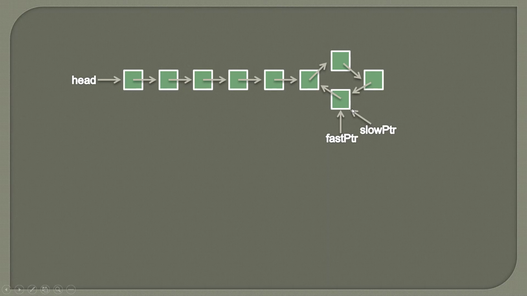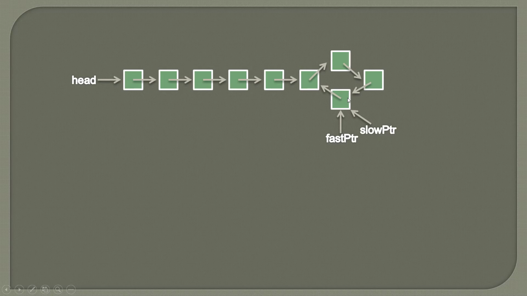There could be a possibility that, based on the number of nodes and the size of the loop, before meeting the slow pointer, the fast pointer must have completed the cycle X number of times, and similarly the slow pointer must have completed the cycle, let's say Y number of times, before meeting at this node. So the first part of the algorithm is detecting this loop. If the fast pointer meets the slow pointer, then we know that there is a loop. This is the first part of Floyd's cycle detection algorithm.